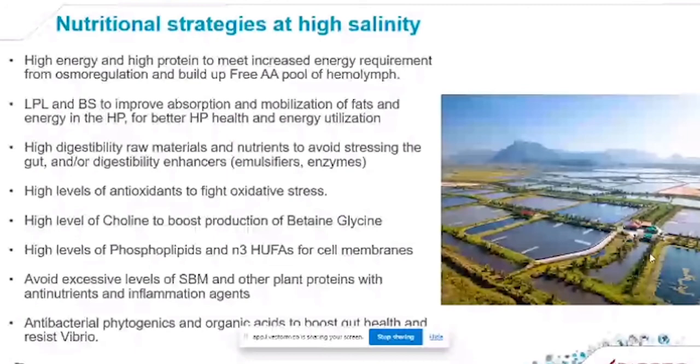I would also advise against using excessive levels of soybean meal and other plant proteins with anti-nutrients and inflammation agents that could affect the health of the gut lining. Finally, applying antibacterial phytogenics and organic acids to boost the gut health and to help the ability of the shrimp to resist Vibrio is recommended. So that was, in a few slides,